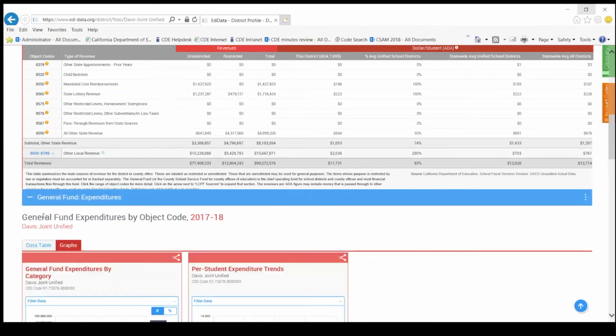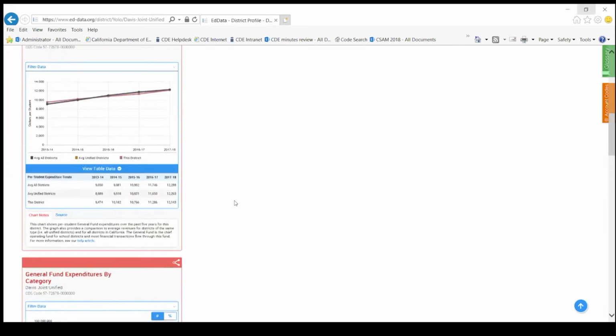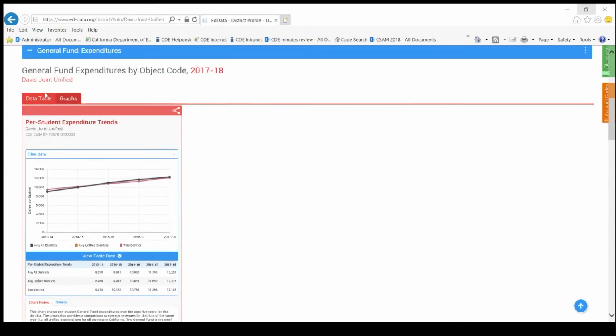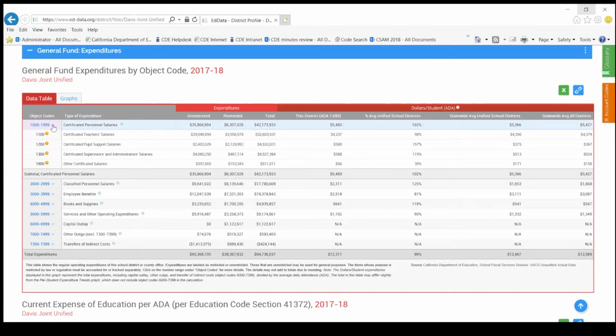Okay, so I'm going to go on to general fund expenditures. I've only got a couple minutes left. Data table. So the same concept with the expenditures. Here we are displaying expenditures by object code. So you can drop down for any of the categories. Our first category is certificated personnel salaries, and you can see within that category we have specific types of certificated salaries. We have teachers, obviously, which is the primary expenditure type of